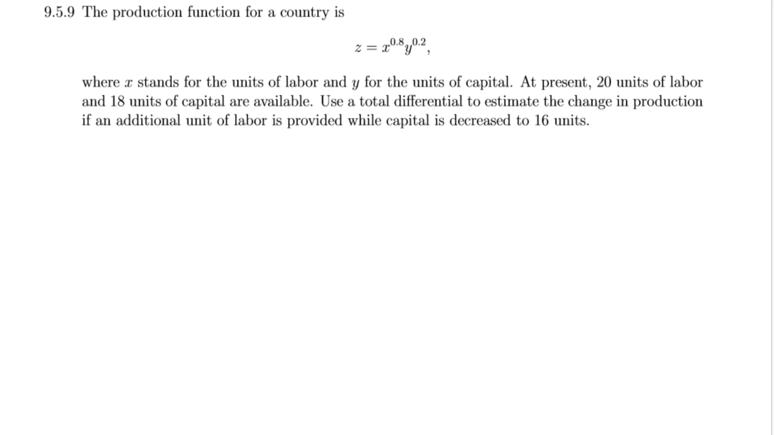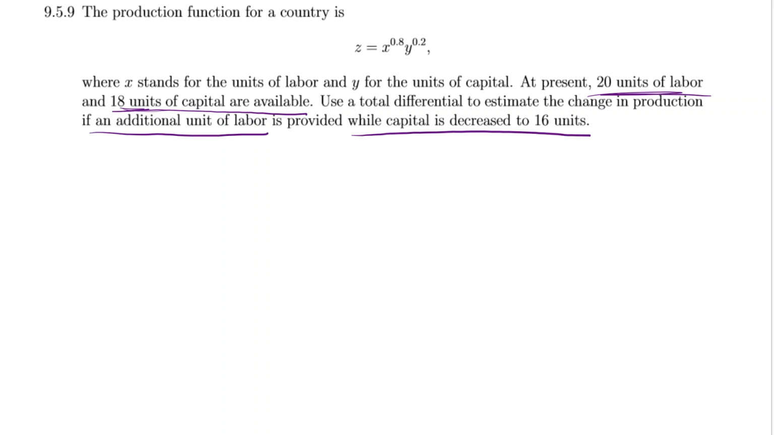Anyway, let's do a production function. Again, I've mentioned these before. They're really common. They come up a lot in economics. We're going to look at a country that produces two different units, that has production Z based on labor and capital. What we want to do is look at, if I have currently 20 units of labor and 18 units of capital, approximately how much would this change if an additional unit of labor is provided while capital